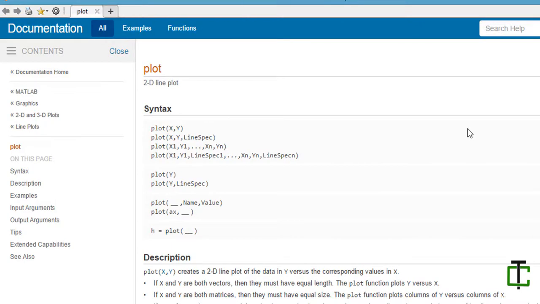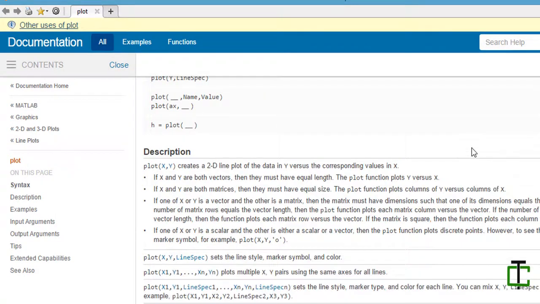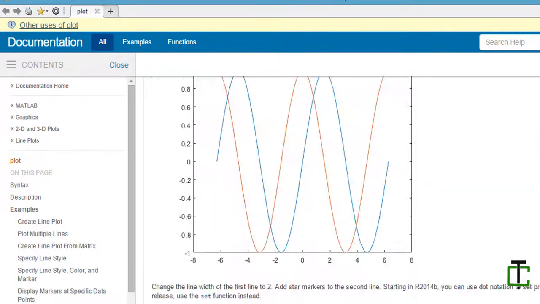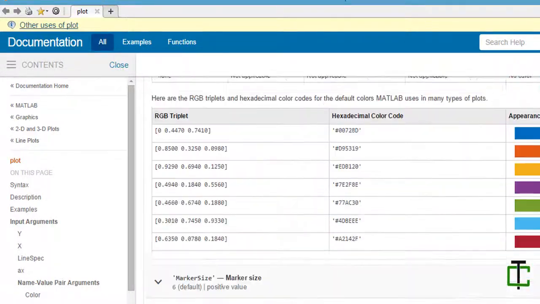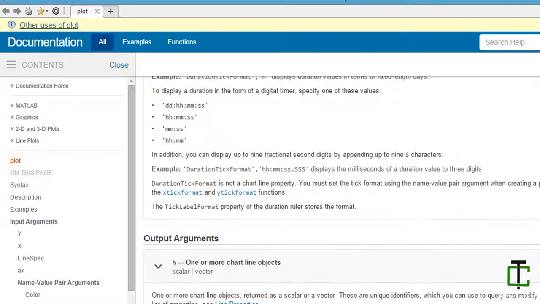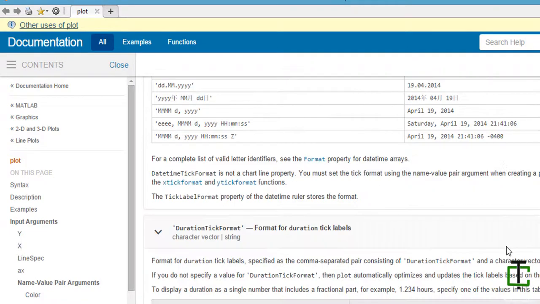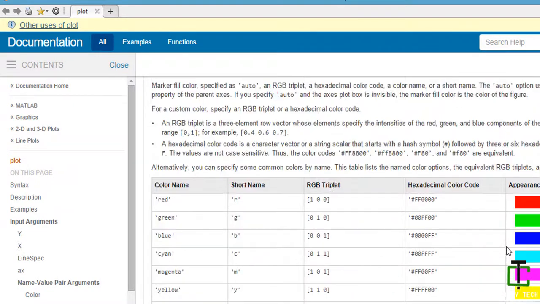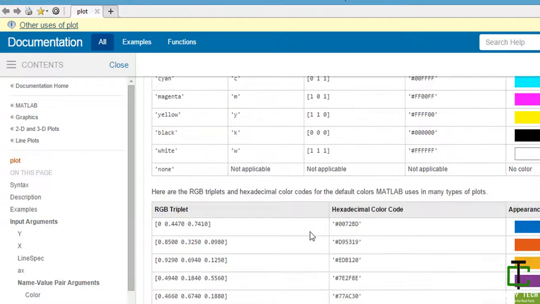Scroll down to the end. There are some shortcut keywords for your color here. R for red, G for green, B for blue. You can choose any color of your liking here. Okay, there is another constraint.